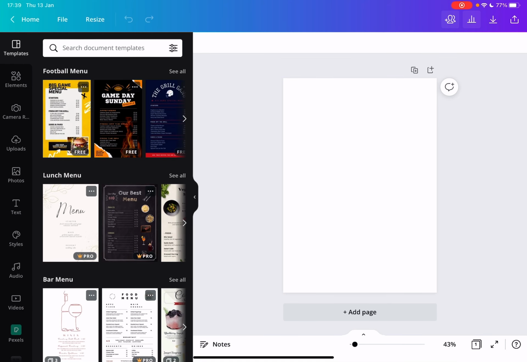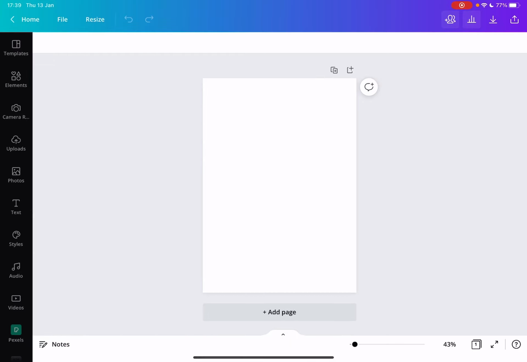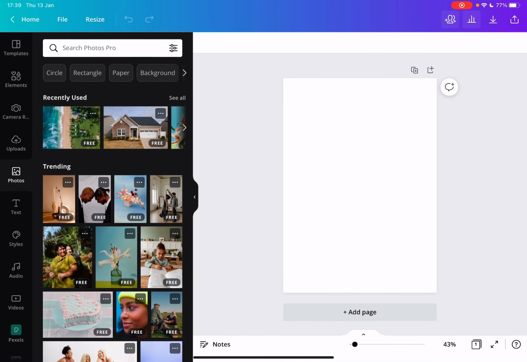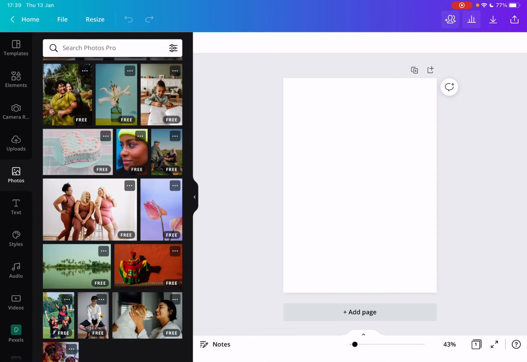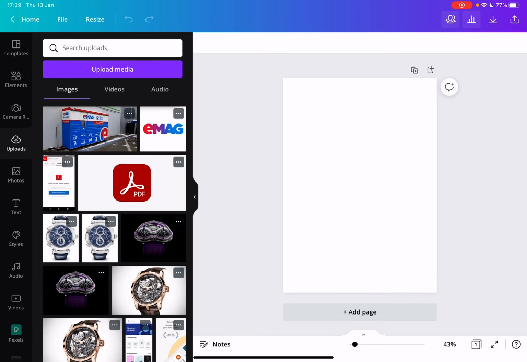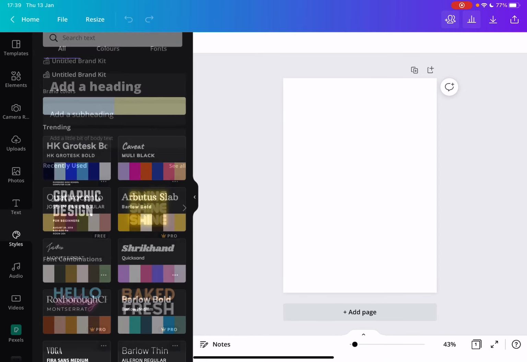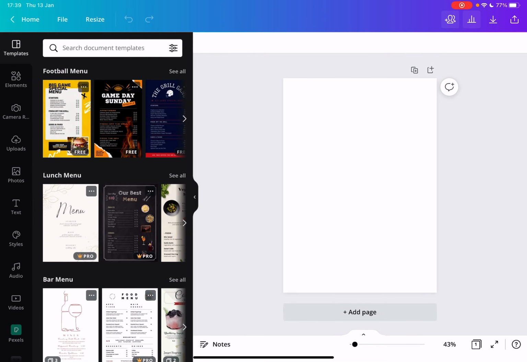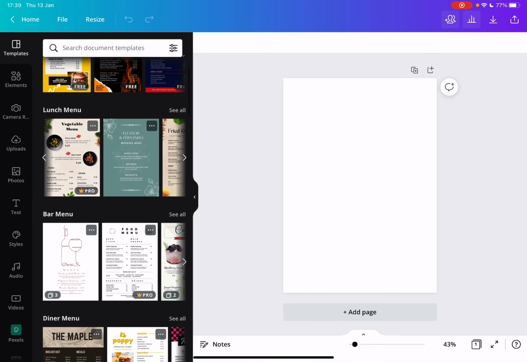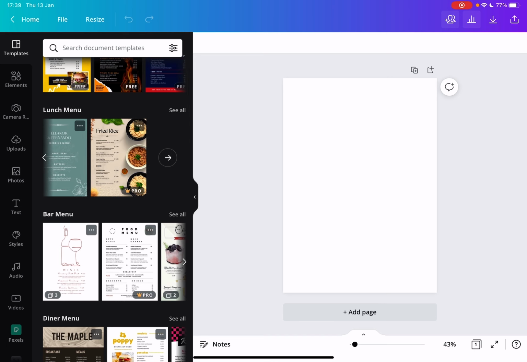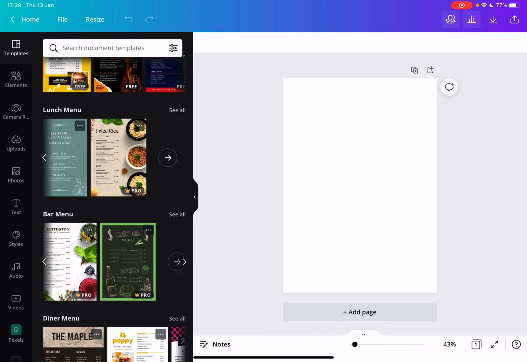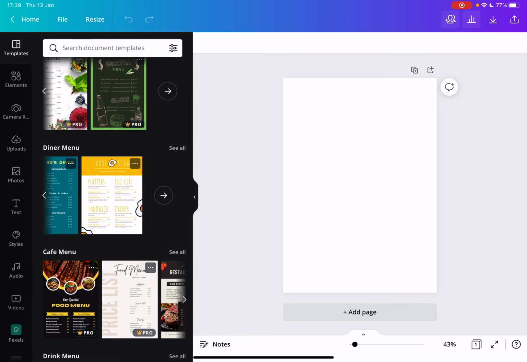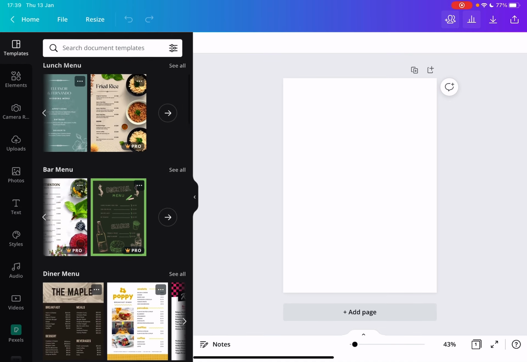And when you tap on it, it's going to open up an editing page which already has the exact ratio and size and type for a menu. And from here you have a few different choices. You can either add your own images, upload your text and everything by yourself, or you can use some of these professional templates that are all made by professional designers. And I would recommend using these because it's a lot more professional, and it is even easier to use because